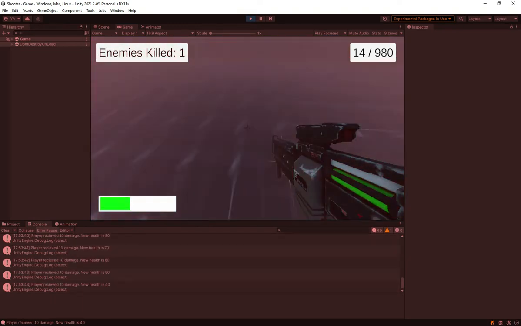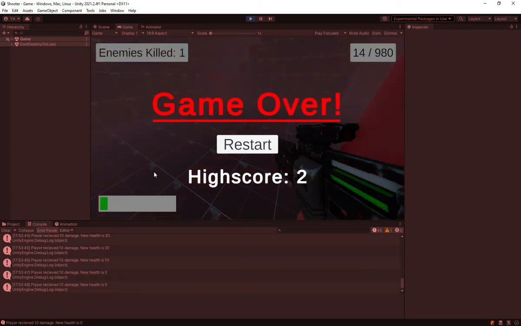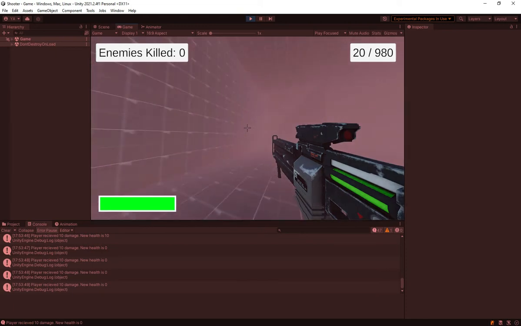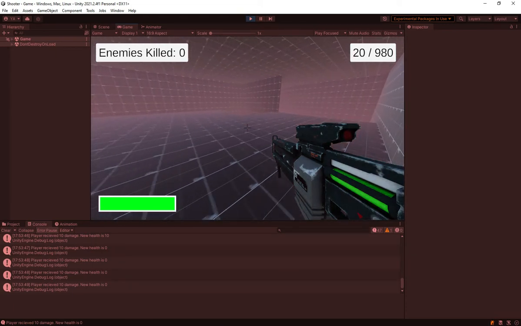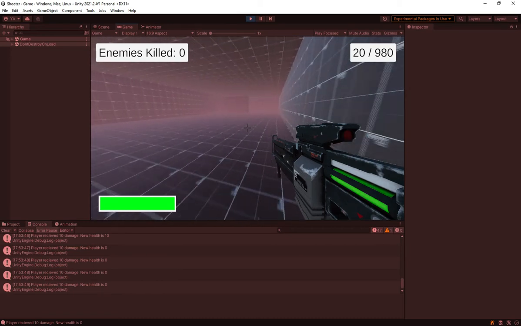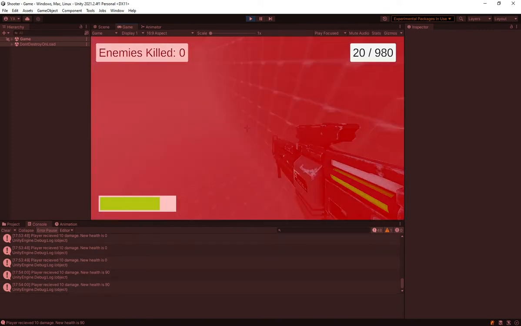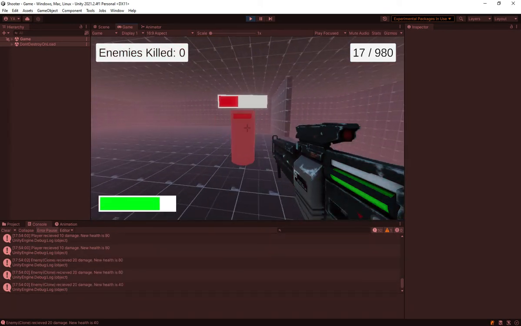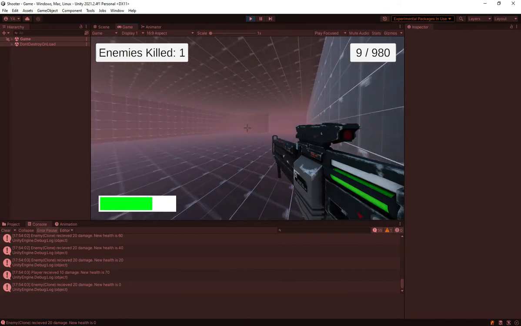Yeah, as you can see, he's damaging me, and soon he should... alright, you can see that the high score is still 2, it does not change to 1. And now if I actually kill more than those two enemies, so like 3 enemies, then the high score should change to 3. So if I go here and wait for the other enemy to come,